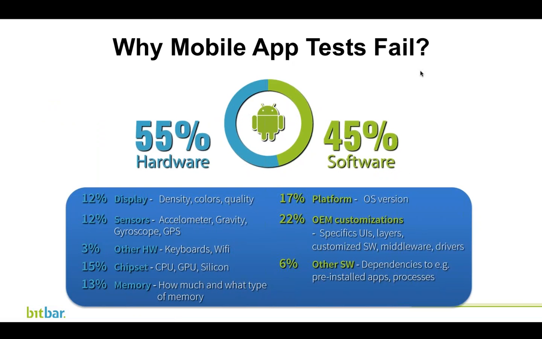This is something we actually gather from our users. They're running tests on our devices in our cloud. This is pretty interesting because roughly 55% of the issues they see in tests against the application running on those devices are hardware related. That basically means there are four pretty much equally sized segments that cause the issues for those tests: displays,